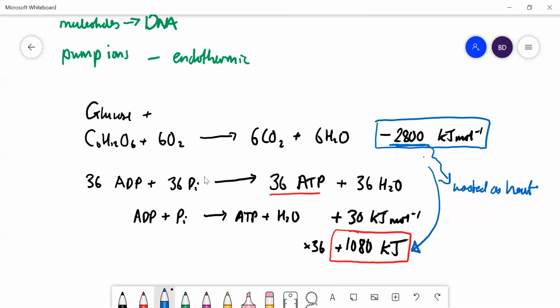Every time you oxidize a glucose molecule, you make a load of ATP, which can be used for useful things, but you also get more than half of it wasted as heat. So that's why if you do exercise, you will get hot, because only just under half of that is being turned into chemical energy, and a lot of it is being wasted. Okay,